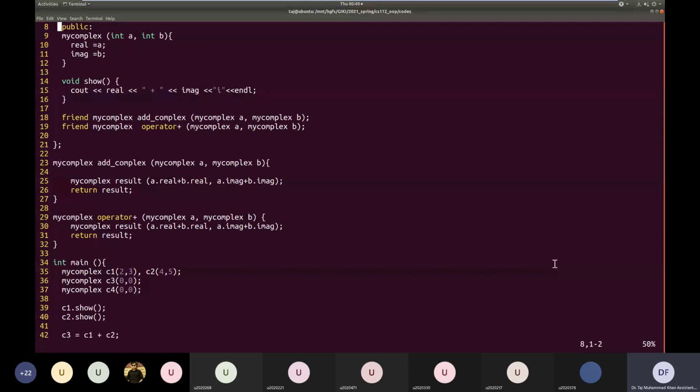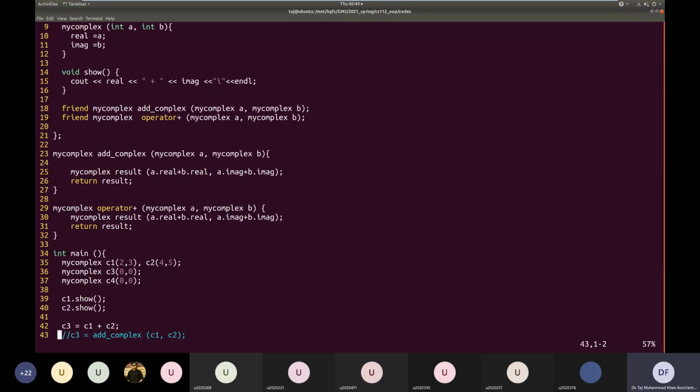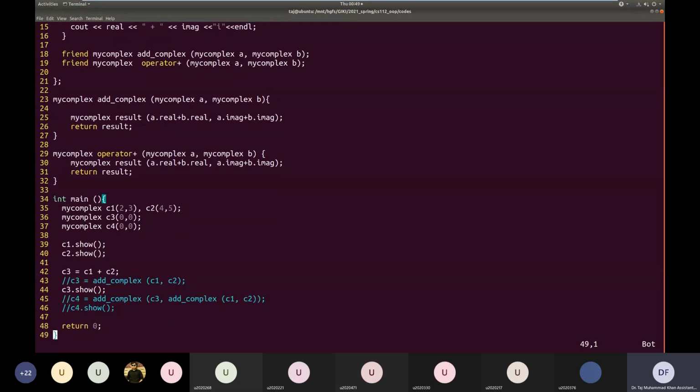What we want is C4 is equal to C1 plus C2 plus C3. And C4 dot result we want to store in C4, and then we do C4.show. So let's see what happens.